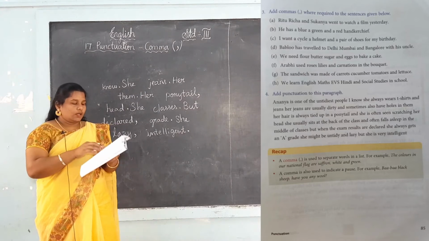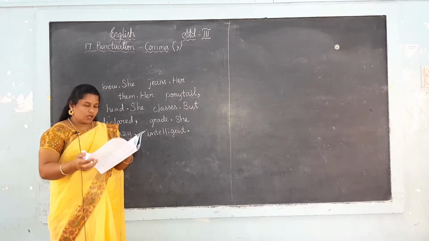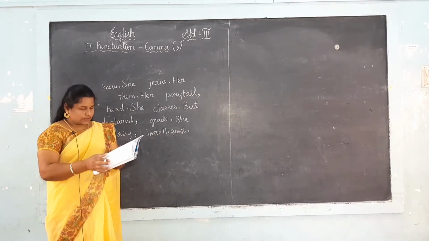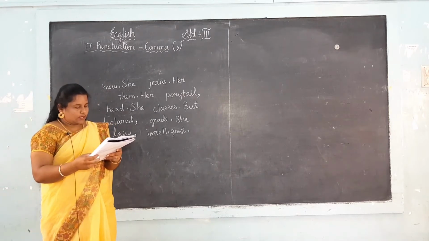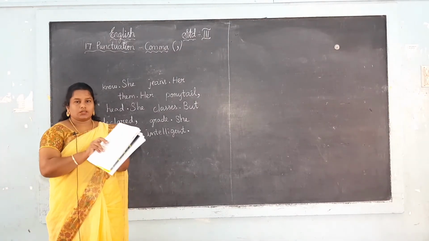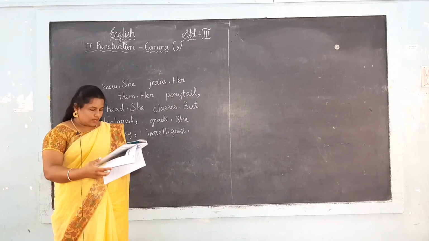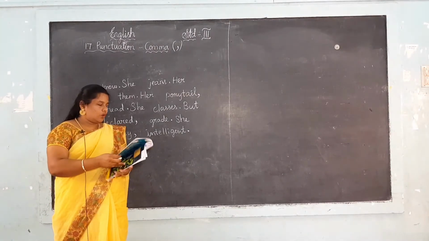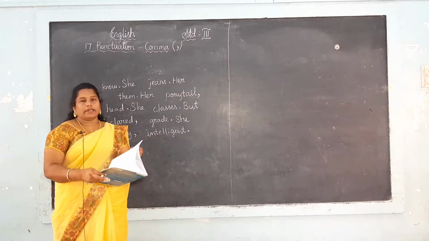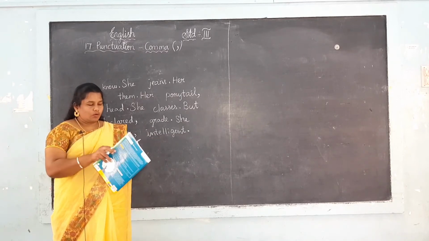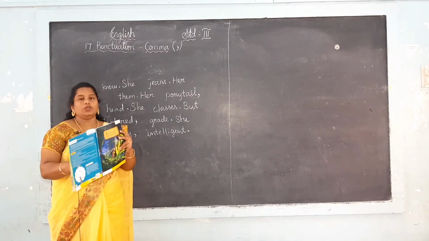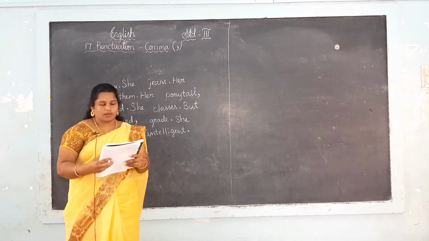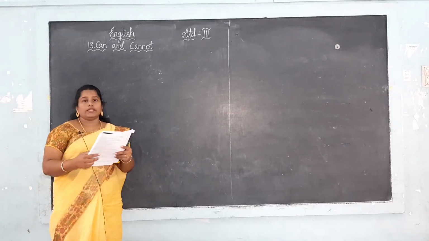Okay, students, I give homework in this topic. Yes, the second Roman letter, that C, D, E, F, G, H. You just going to color. Then in page number 85, the third Roman letter, C to H. And now we are going to learn the new topic, can and cannot. Can and cannot, 13th topic.